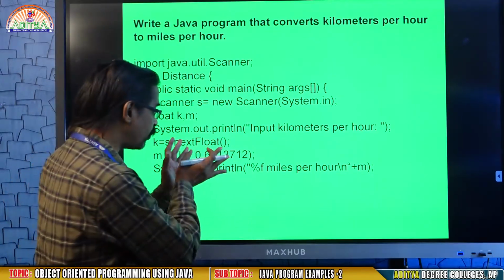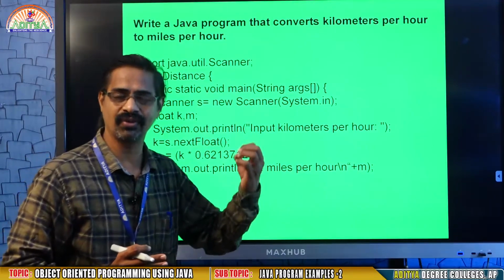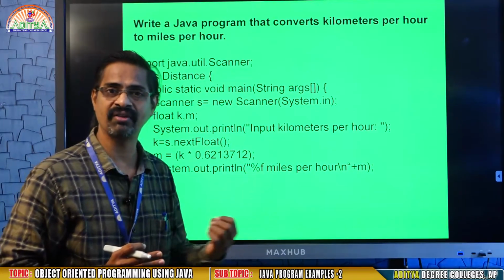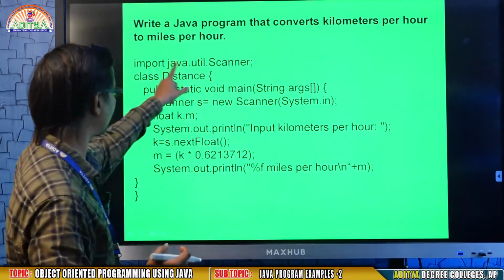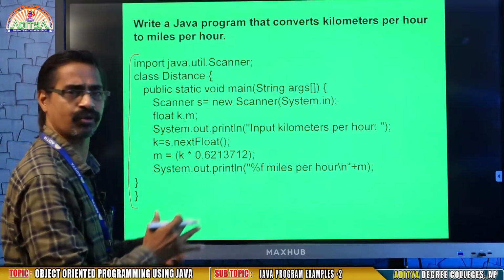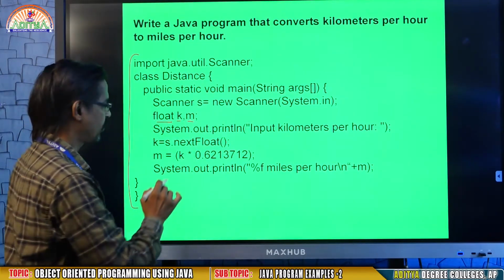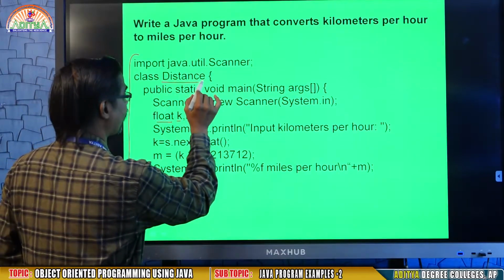At the same time, when you are typing this program, be sure what the previous topics are. Why Java? What are the features of Java? What are the tokens? See here, this is my program. In my program, the program is nothing but a collection of tokens. Here you may find these are the variables, these are the data types. So these are the identifiers.